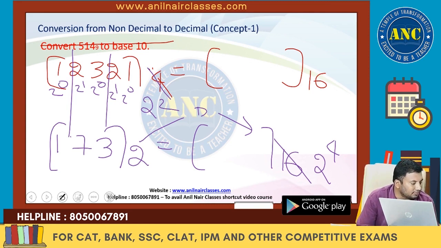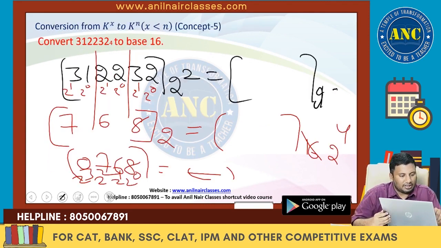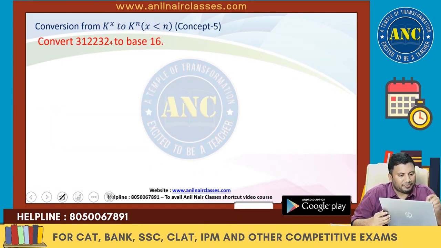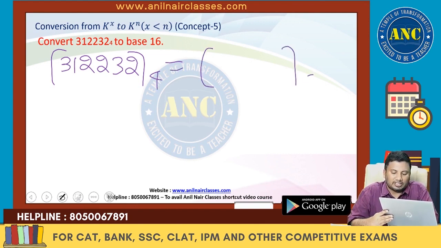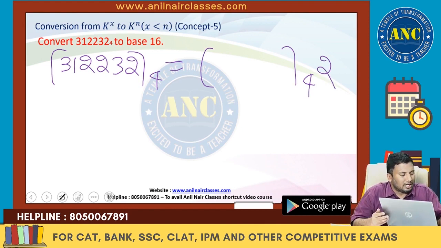Right? See here. This question I will solve again. 3 1 2 2 3 2 in base system 4. I made a mistake. It is in base system 16, which is 4 square. I did it in a hurry and made a logical mistake. Kindly excuse me for that. Thank you, Tulasi, for pointing it out. Right? Now see here.